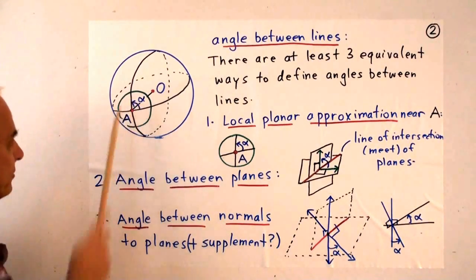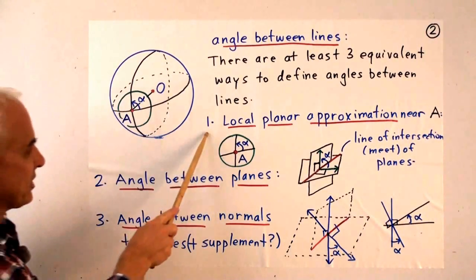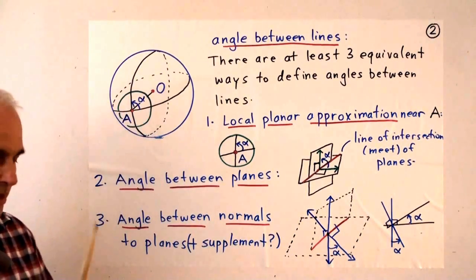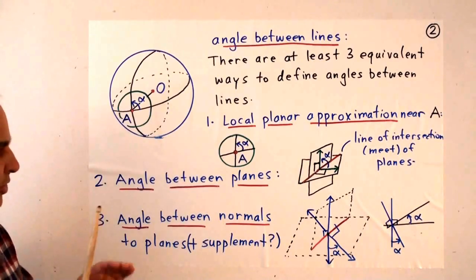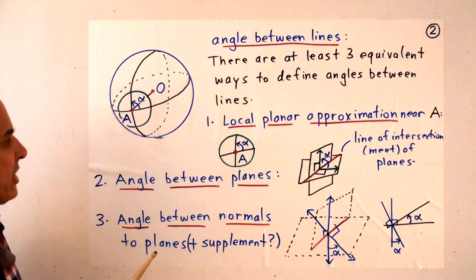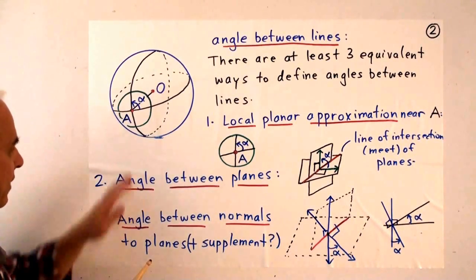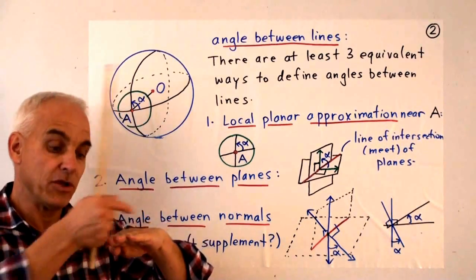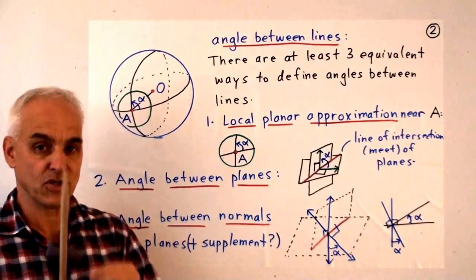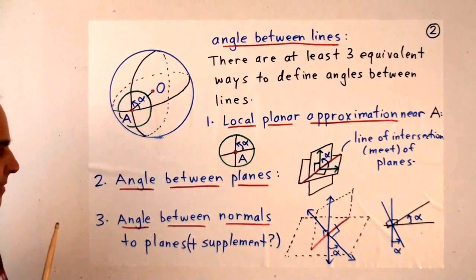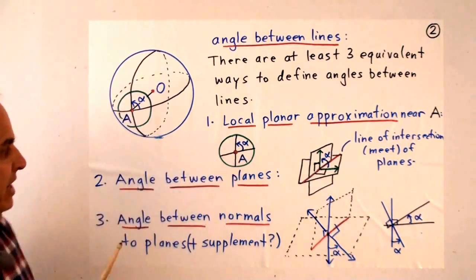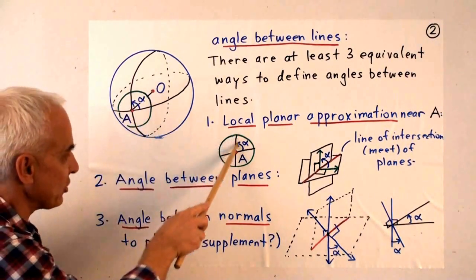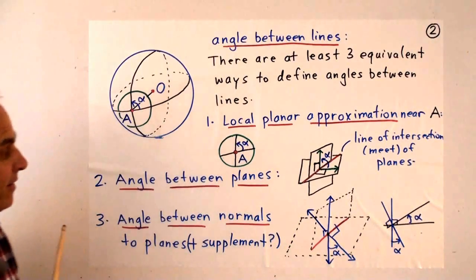Here I'm calling it alpha. The first definition is to think just in terms of a surface of the sphere near A. So we're looking at a local planar approximation to the sphere at A. If we're very close to A, then the sphere is almost flat there, and the 2 lines going through A are almost straight lines. So if this is the linear approximation to the sphere at A, we have our 2 lines now actually looking like straight lines approximately.